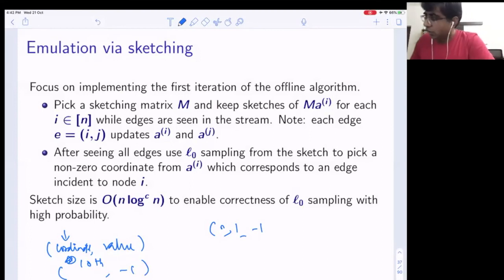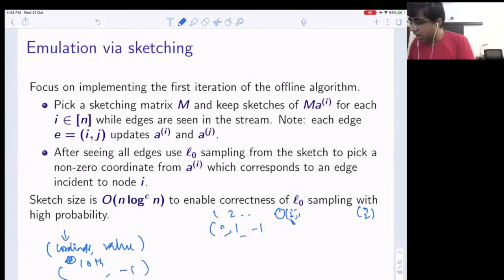Then I know there is an edge. Which edge is it? You can think of this as 1, 2, 3, and choose 2. And whatever this vector I comma j is, you give it some number like 27 or 28. The moment I say 28, this is the coordinate I comma j. So for each vertex, I apply my L0 sampling algorithm and pick an edge. Now I have some set of edges.